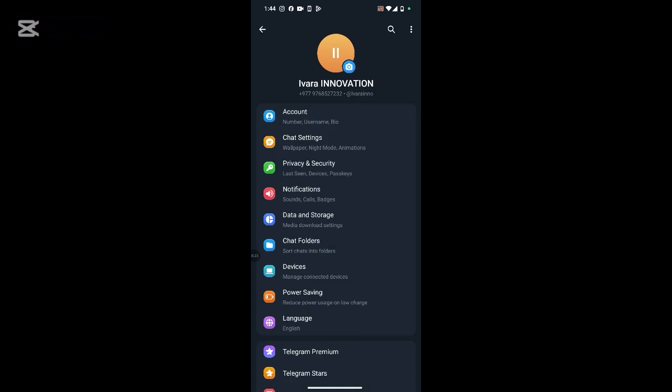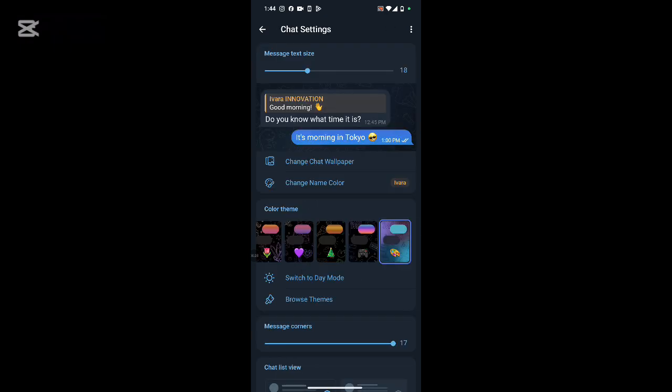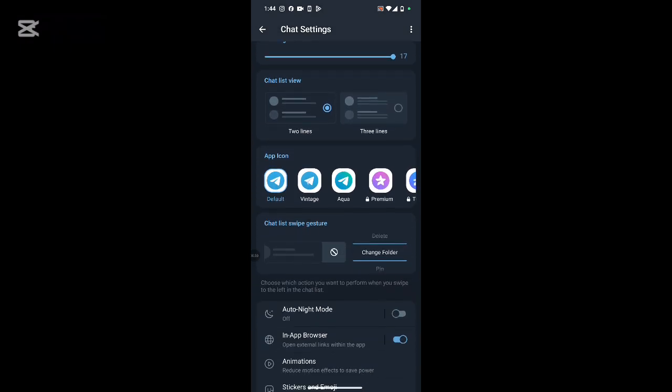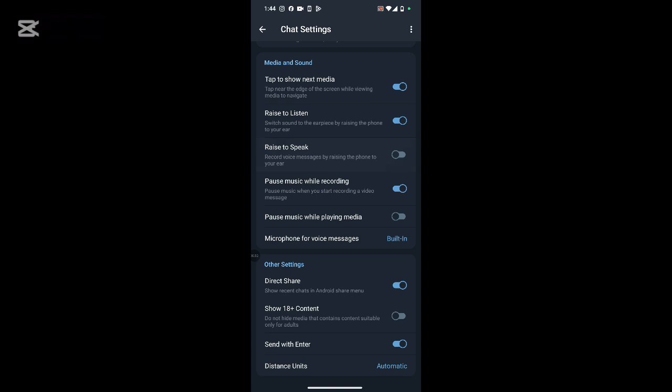Click on Chat Settings. Scroll all the way down to Other Settings and slide the slider of Send with Enter to the left side to turn it off. This is how you can turn off or disable your Send with Enter on your Telegram's account quickly and easily